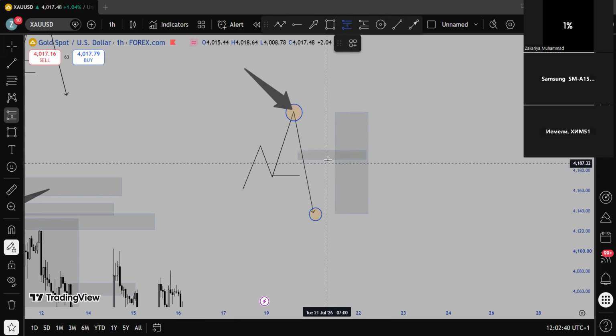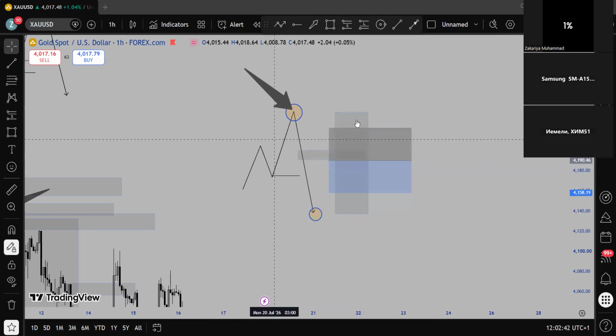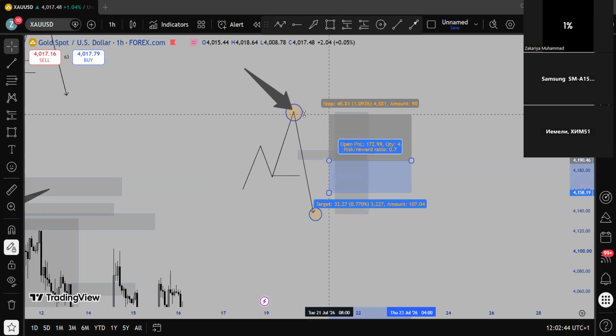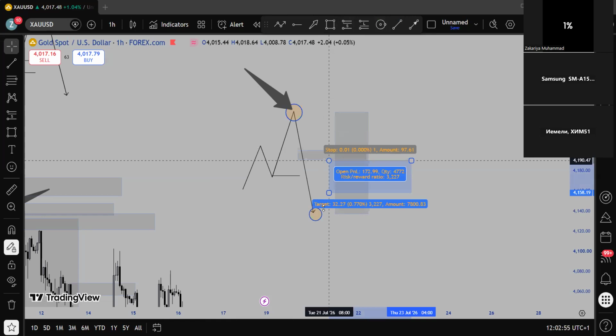I take my sell from that zone. So I have to know that this is my invalidation zone. The market tells me, okay, the market is definitely bullish now. This is my invalidation zone. Until the market takes out this high, I'm not going to look for sells. We'll look for buys. So this is my invalidation zone.